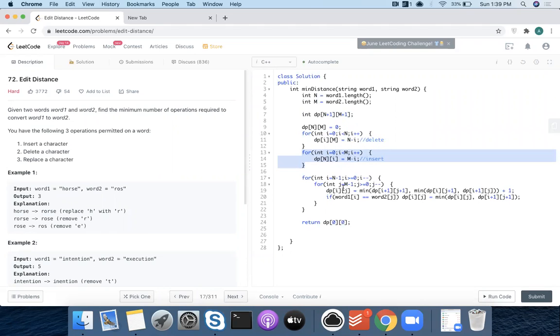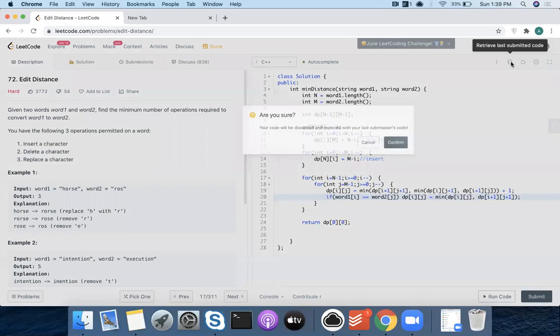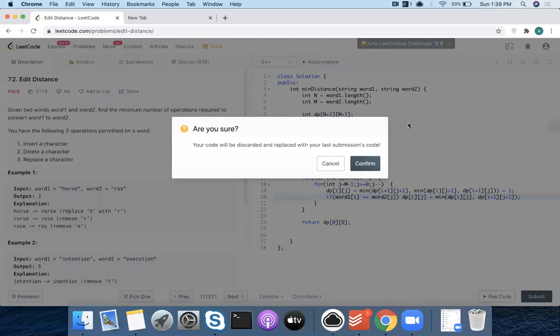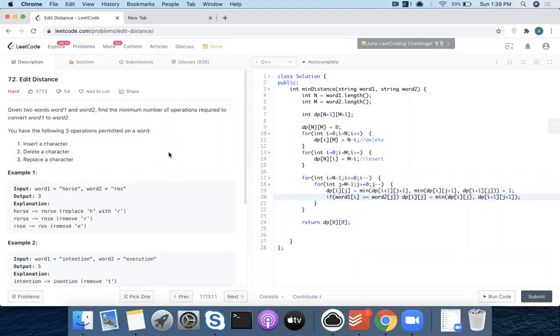That's why you will find it a little bit different, but all in all, I also do the same. If word i is equal to word j, then the solution is, so instead of bottom to up, I'm going top down, right? Don't get confused. What is the difference between top down and bottom up? This is the difference. That's it. Not much. So instead of going back, I'm going forward.